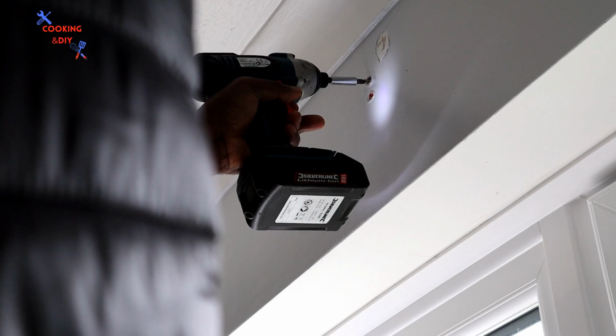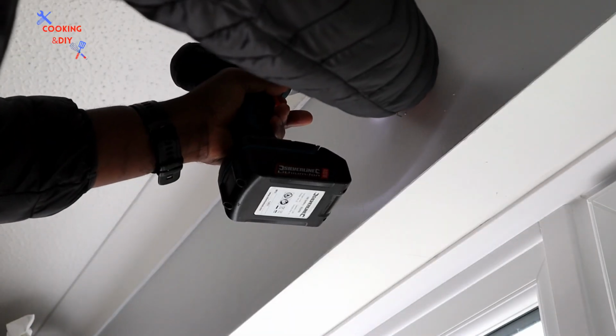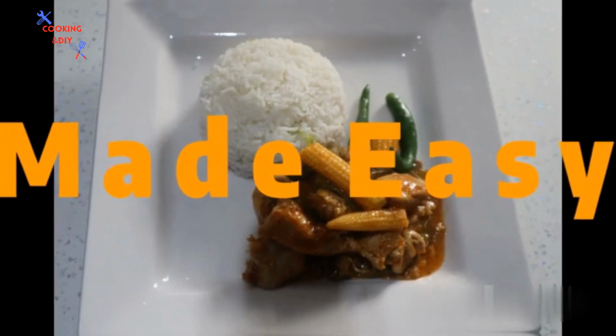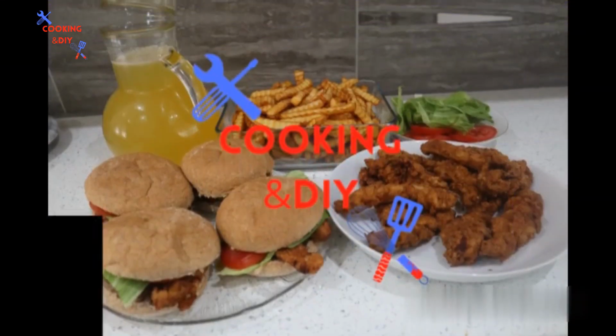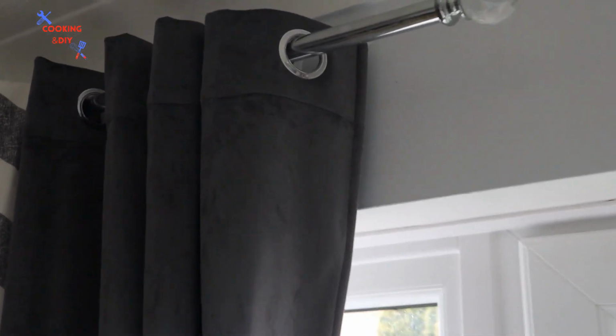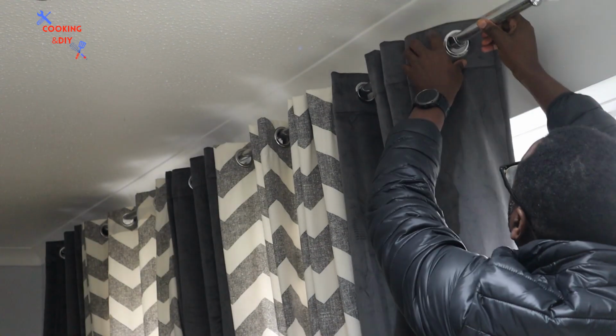Today I'm going to show you a simple solution for a curtain bracket repair at home. My wife told me recently that the curtain bracket is pulling out of the wall, and I did have a look and I was thinking, oh, let me wait until I have some time so I can tackle this job. Front on, as you can see,